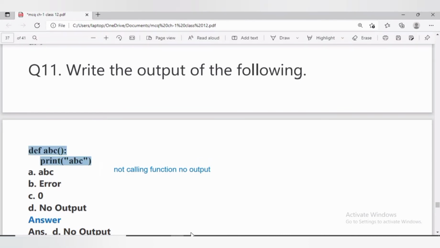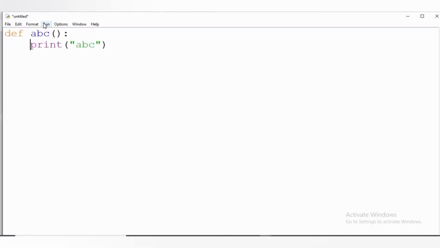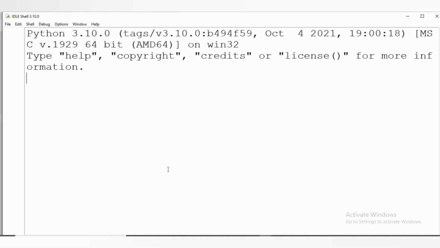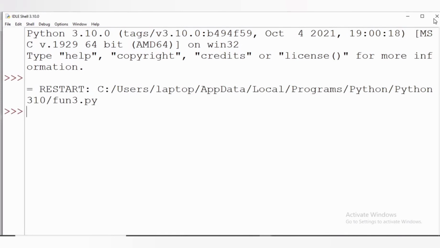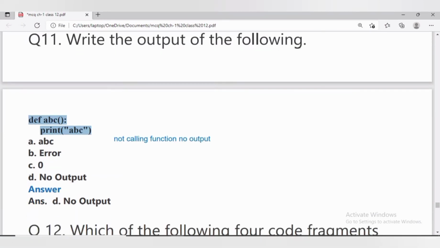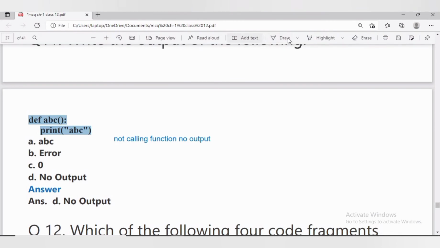Let us execute the same code in Python and we will get no output. First we have to save the file. Then no result will come because we are not calling the function. The answer will be option D, no output.